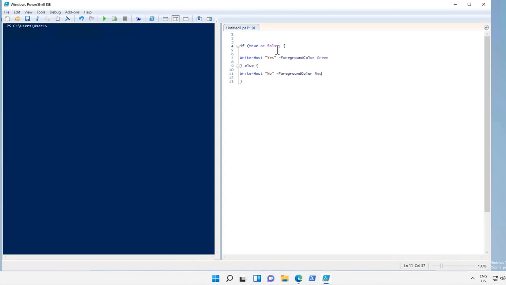Okay, for a simple condition, let's give this one 2 equals 2, and let's try to execute